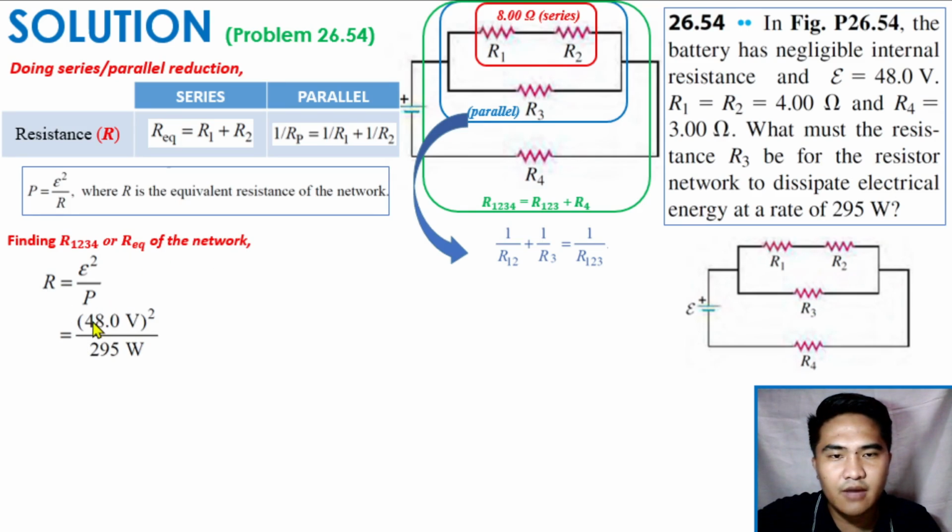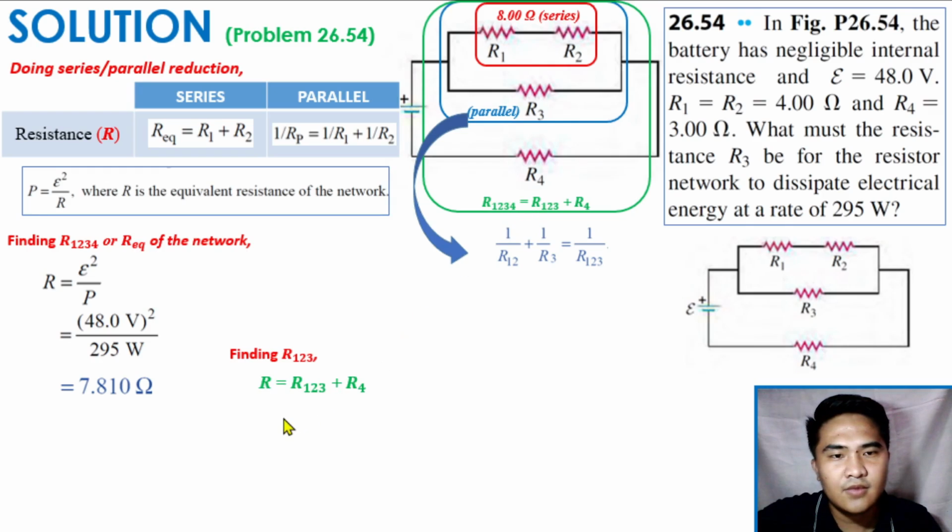So this is our EMF, 48 volts, and the power is 295 watts. Dividing the two, we will get 7.810 ohms. So this is the total resistance of the whole network. Now, finding R123, we will use this